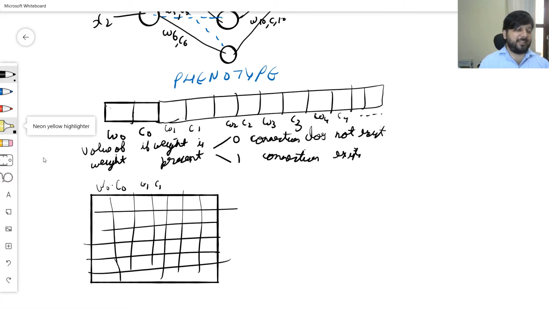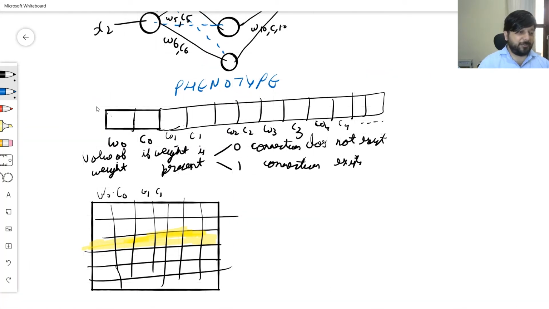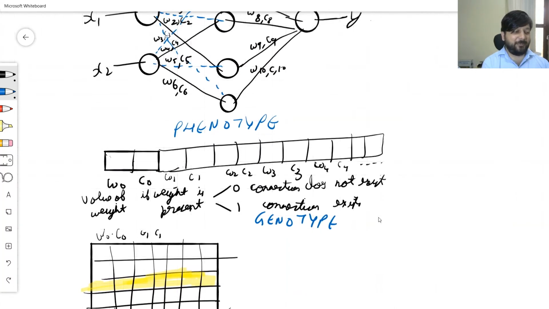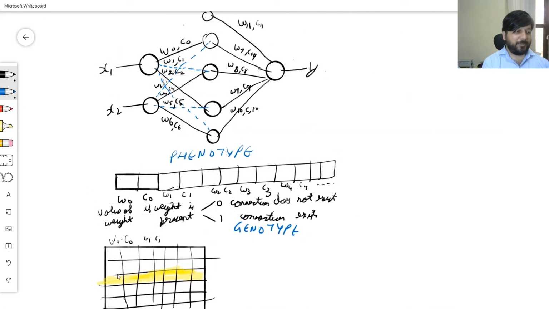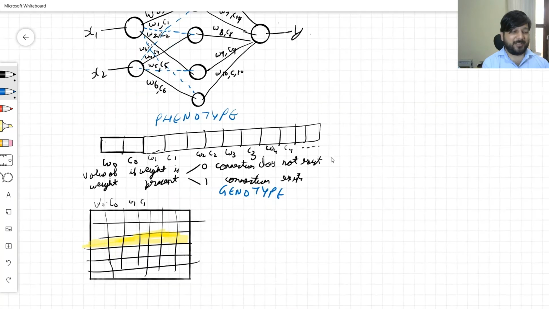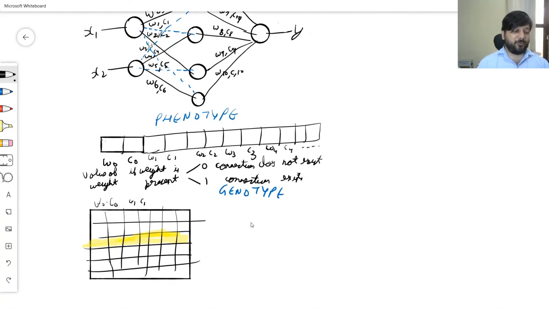So the first thing is that I need to decide the weight of something. So I'll take this neural network. I will convert this genotype into this phenotype, where I will take this weight, put it here, take this weight, put it here, and if this connection is 0, I will actually break those physical connections, and I'll have exactly the same loss function. So my fitness function or my loss function